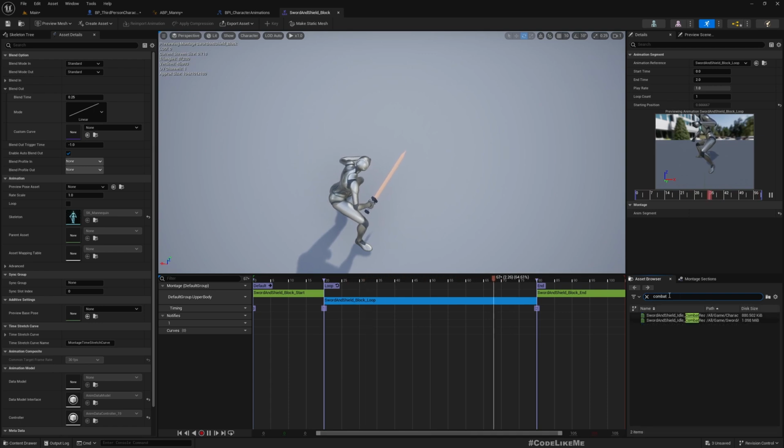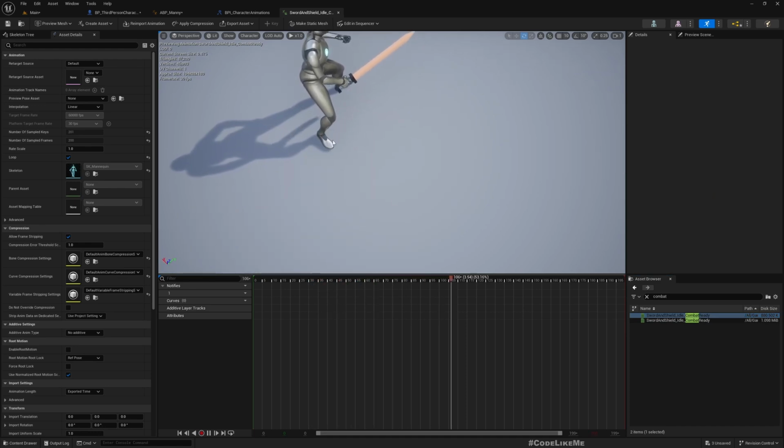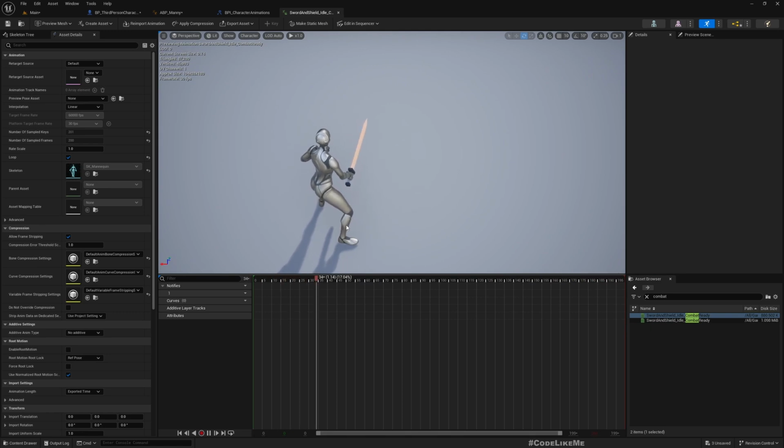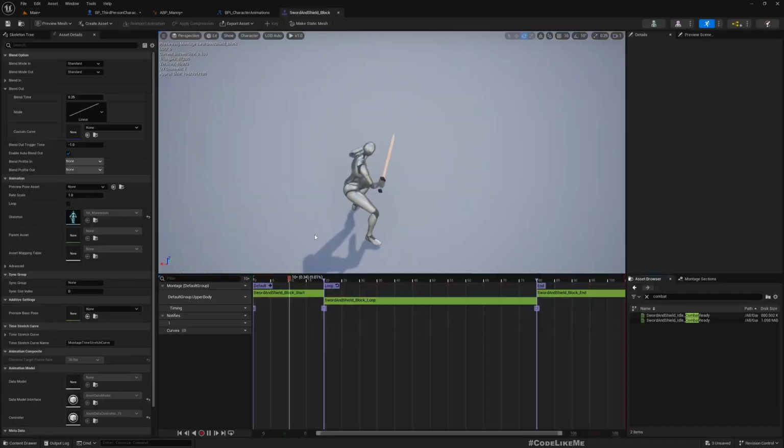This sword and shield idle combat ready is applied on top of this combat ready animation. So here you can see the foot is like this, that is also looking forward, but the foot is like this. But in this animation it's fine, but when I blend the block animation on top of this,